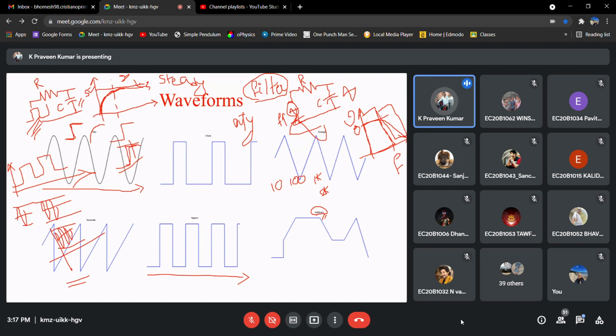Then we observe what is happening at the output amplitude. If it is getting reduced, we can say those frequencies are not allowed to the output. They are being rejected. If we have an appreciable amount of amplitude, then we can say those frequency components are allowed. I hope you got the answer.